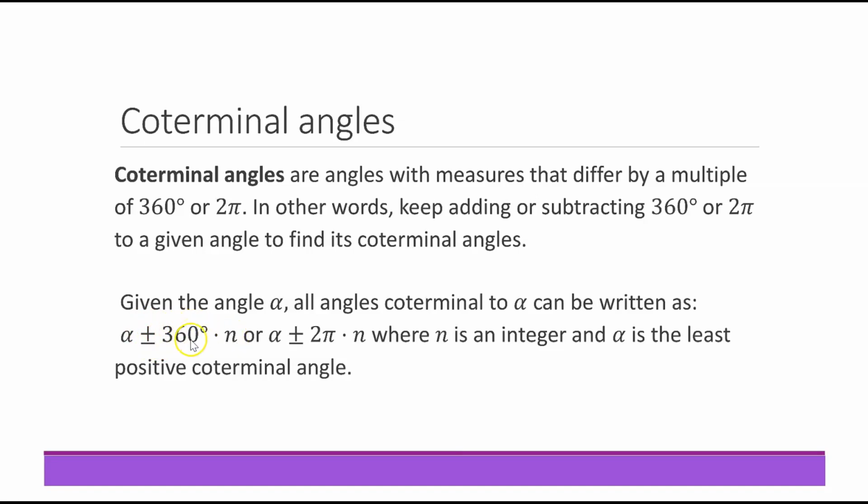So we can continue to add 1 copy, 2 copies, 3 copies, or subtract 1 copy, 2, 3 copies of 360. So n is an integer, as in 1, 2, 3, 4, 5, or 0, or -1, -2, -3. Those are the integers. So those are the copies of 360 that's going round and round and round. And in radians, we're just replacing 360 degrees with its equivalent 2 pi.